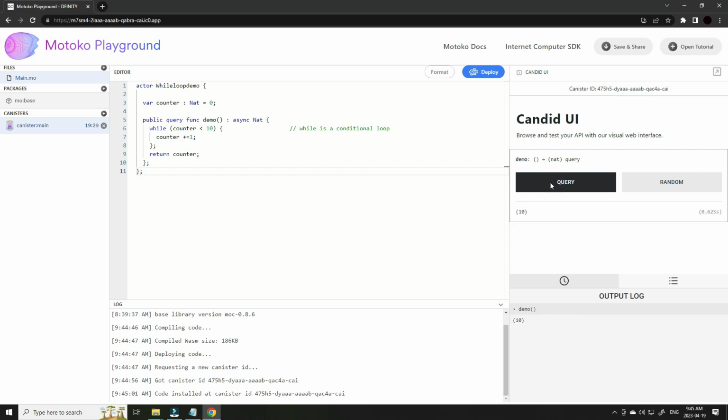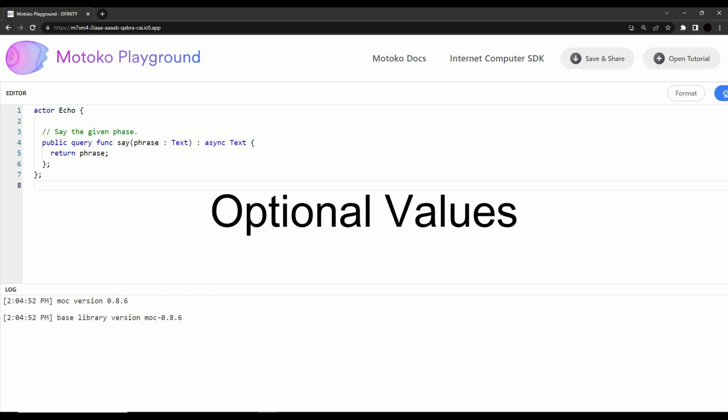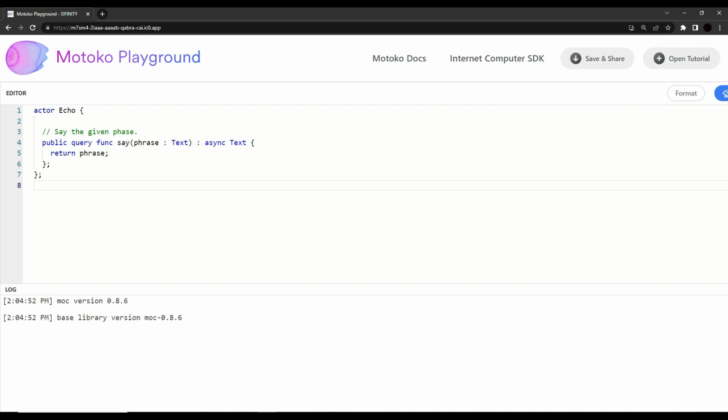There you go. So now we're going to look at optional values, and to do this we're going to use the hello world example in the Motoko playground. It's a nice short example, but it's going to be suitable for our purposes. So just to recap, this particular DAP will say something that we tell it to say. So it's almost like an echo function. We provide a value which gets stored in phrase, and it echoes it back on the screen when we're using